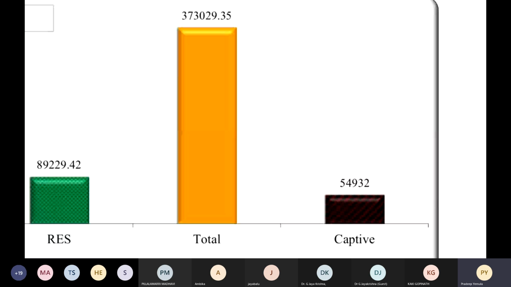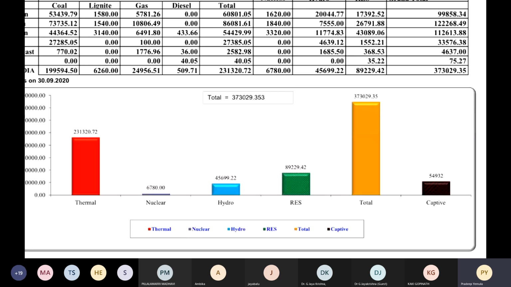Okay, so already there are some interesting things that we come across. I'm just summarizing. Total installed capacity is 373 gigawatt in India, out of which 89 is renewable energy and 231 is thermal, and others are as shown on the screen. Percentage wise, renewable energy is 23.8% in installed capacity, whereas it is 10% in energy generated. So, as installed capacity increases, generated